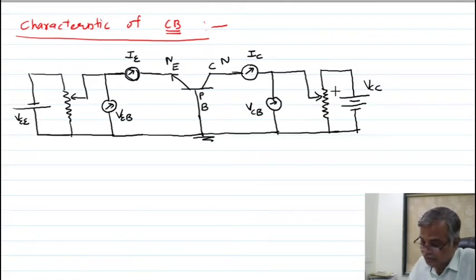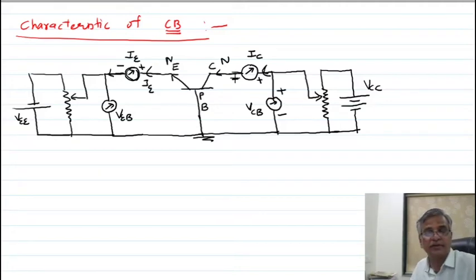Now look here, this is a positive terminal. Here I have to write positive terminal, negative terminal, and current flow in this direction. You know that collector current will flow like this, and emitter current will flow like this. So this is your plus minus sign. Emitter current flows from higher potential to lower potential. That's why I am showing a plus and minus sign.